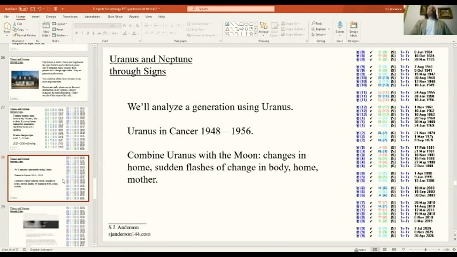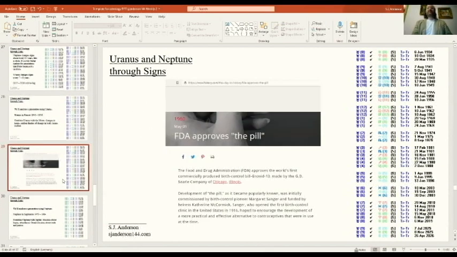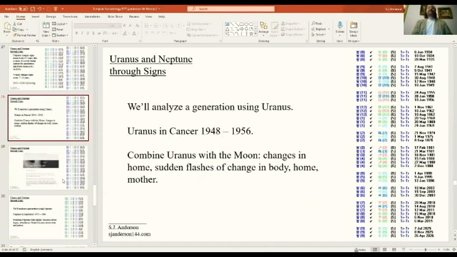And I just did this on the fly, because this is how I like to work sometimes. I just picked a generation here and then went quickly to Wikipedia, or what came to my mind right away was people born with Uranus in Cancer. They were coming of age in the 60s, right? The sexual revolution. What was key to the sexual revolution? The pill. FDA approved the pill in 1960 on May 9th. And so this generation of Uranus in Cancer grew up with the pill changing the nature of motherhood and home life,